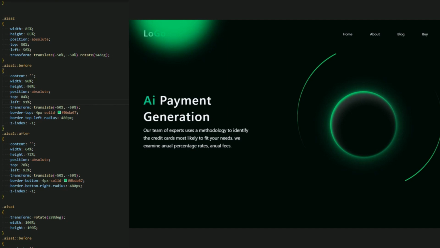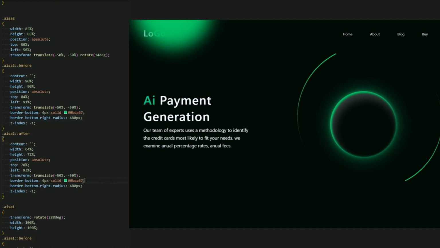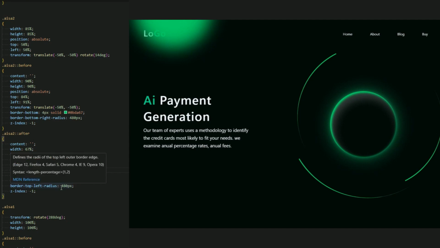And you know what, let me change up this border. I'll change it to add a different border, and let me set this border top. Okay, this is before, and now for the after, 67% and again 67%. There we go. Now the top be 16% and the left 21%. Okay, everything looks fine. And this is the ASA 2 of the before and after.